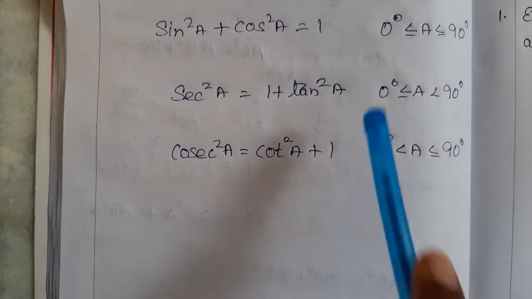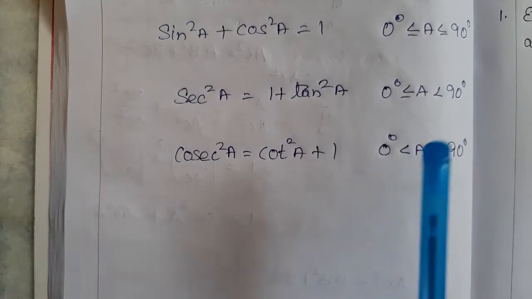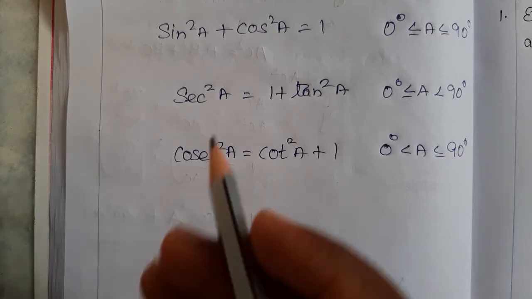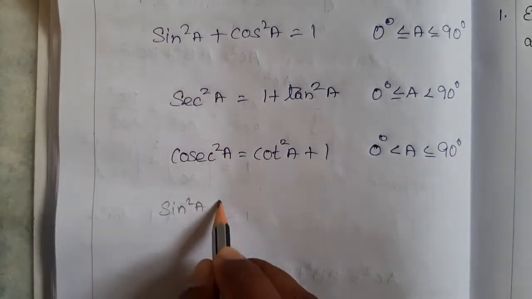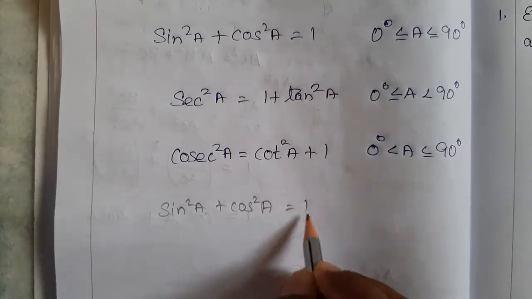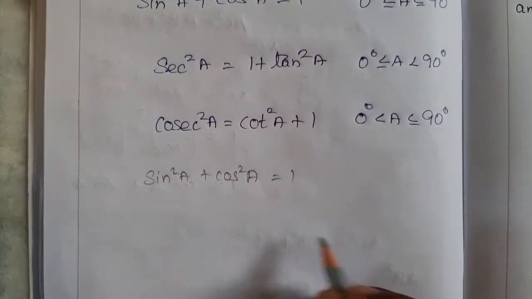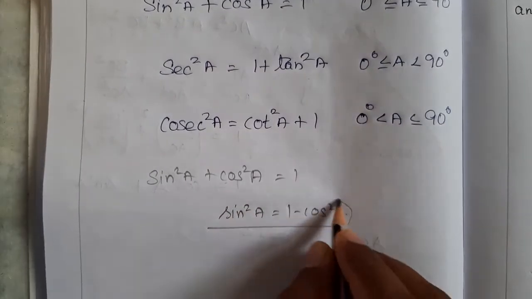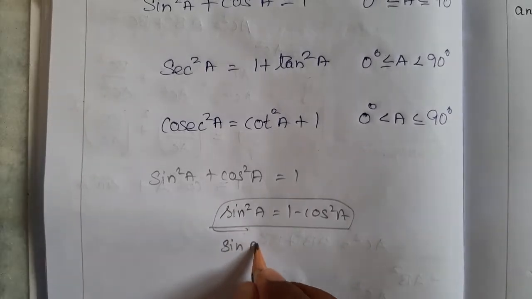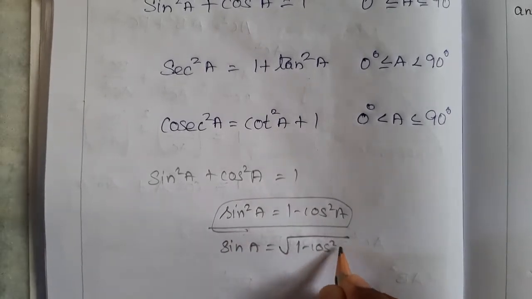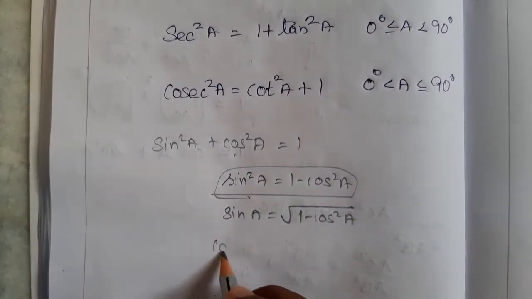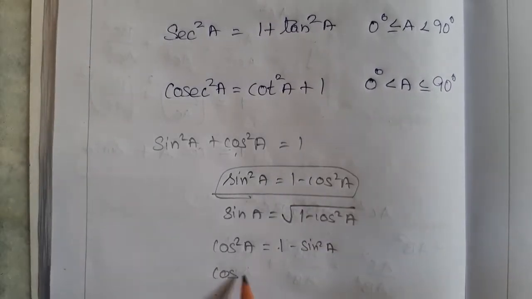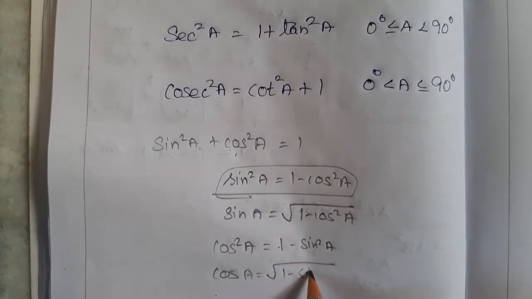So learn these 3 identities, and it does not stop with only these 3 identities. With these identities we can create more identities. For example, I will choose the first identity, sin square A plus cos square A is equal to 1. And thus we can rewrite it as sin square A is equal to 1 minus cos square A, right? If we need a sin square value. If we need a sin value, we can write it as the square root of 1 minus cos square A. The same for cos also: cos square A is equal to 1 minus sin square A. If we need a cos value, cos is equal to the square root of 1 minus sin square A.